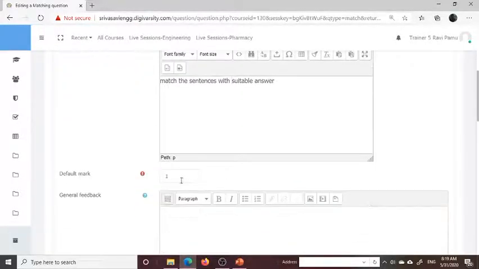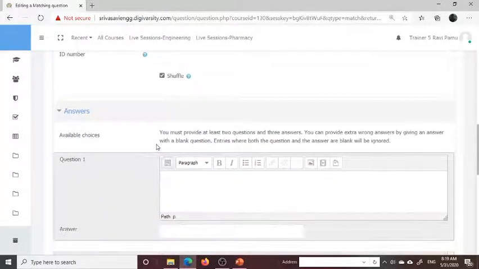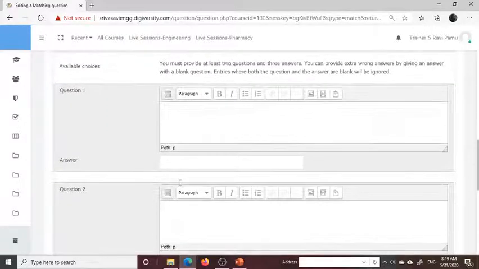Suppose I will give four options, four matchings, four sentences. So total marks is 4. Default mark is 4. Okay. There is a shuffle option there.